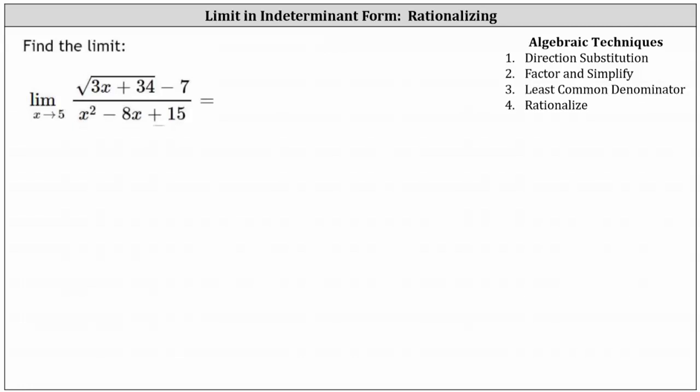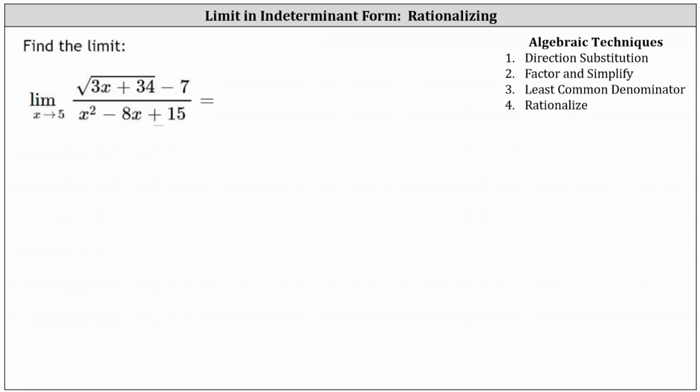We want to find the limit of the rational function as x approaches 5. If the limit does exist, the function must be approaching the same function value from the left and right of x equals 5. If the function is continuous at and around positive 5, we can determine the limit by performing